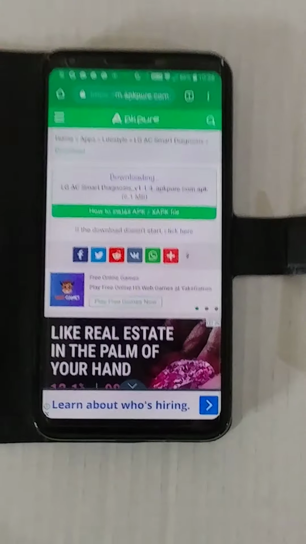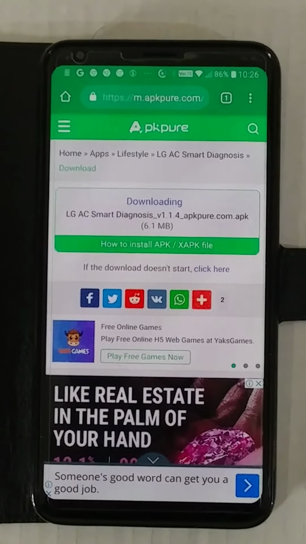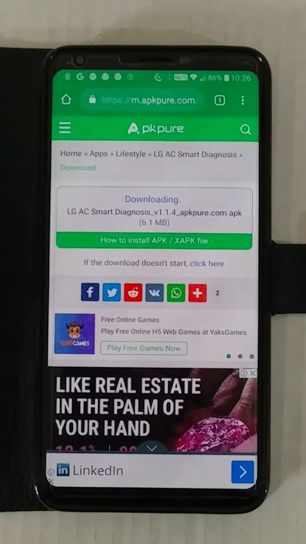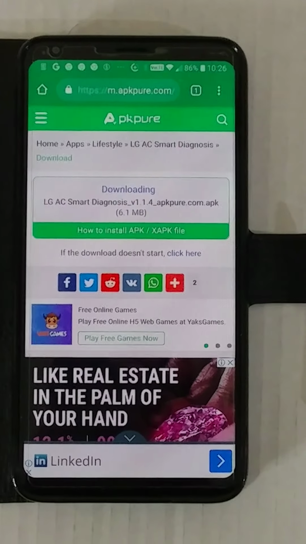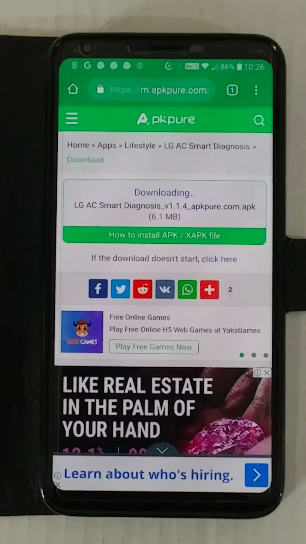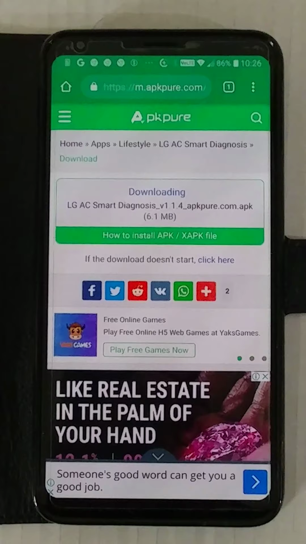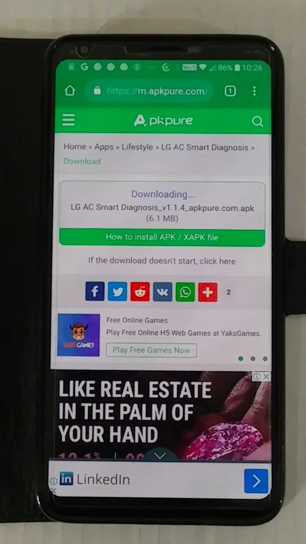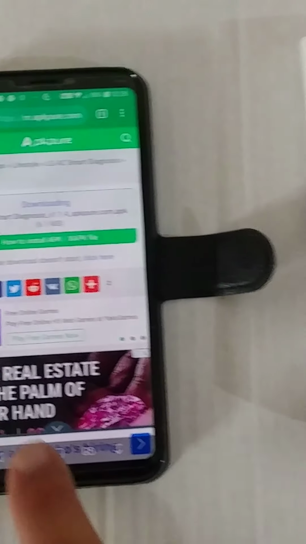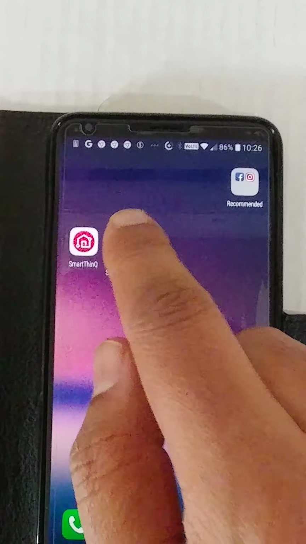you need to install an app, and the app is called LG AC Smart Diagnosis version 1.1.4. Now this is no longer available in the App Store, so I had to download it from a third-party website like this one. And when you download it, it'll say, do you want to download from this website? And I said yes. So once you've got the app, what you need to do next is open this Smart Diagnosis app